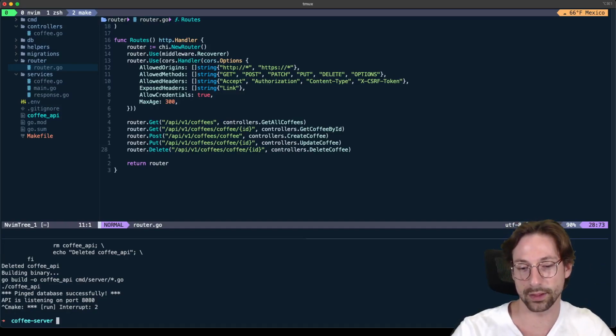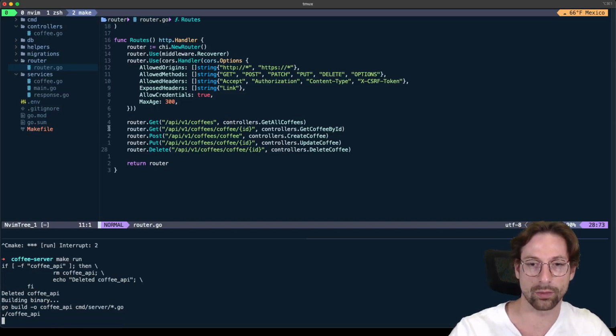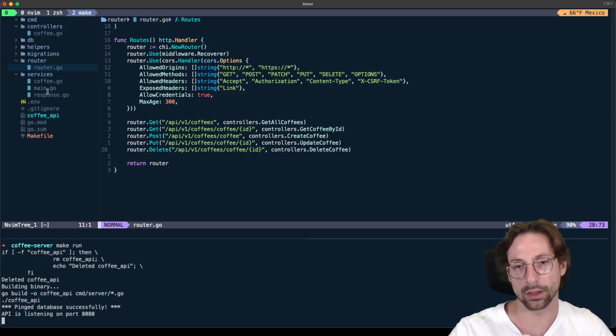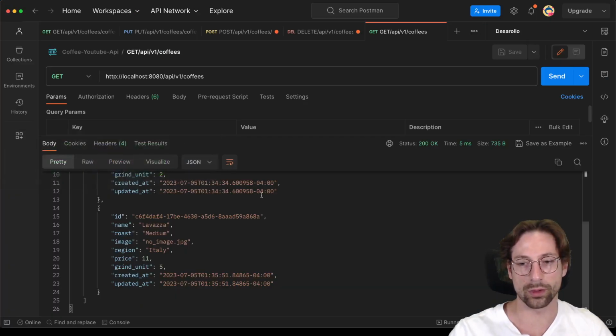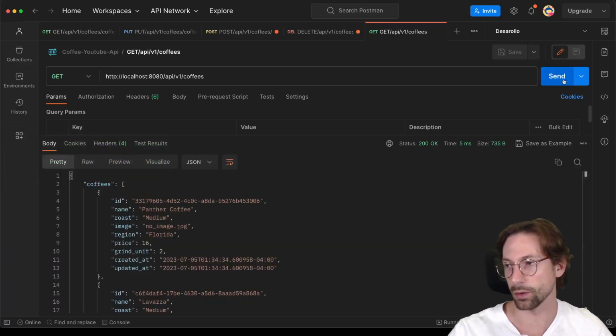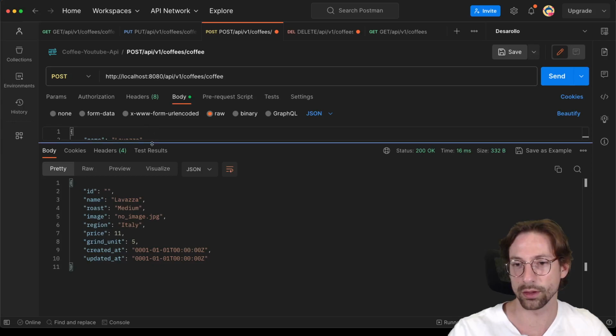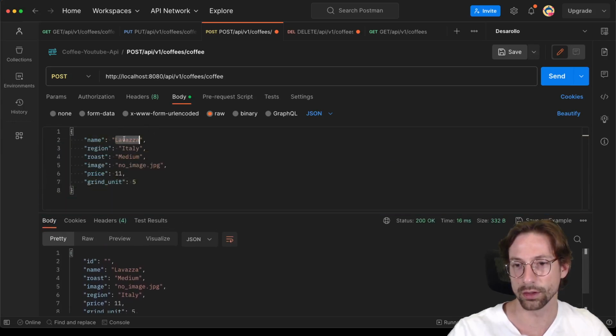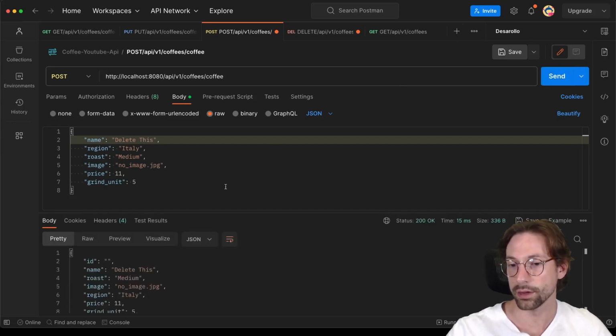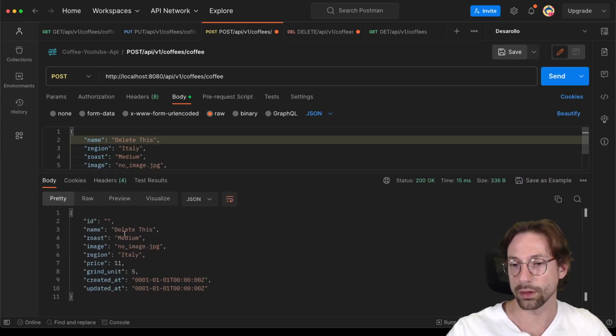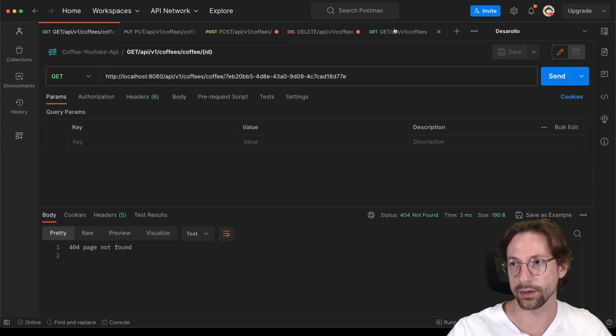So now the only thing that I need to do is run this again, which will delete, compile, and build the binary again, and execute. So now we can go ahead and test this. So we can get our coffees. We can create a new coffee. So I'm going to put here in the creation, delete this. So here is the new coffee called delete this. Obviously,